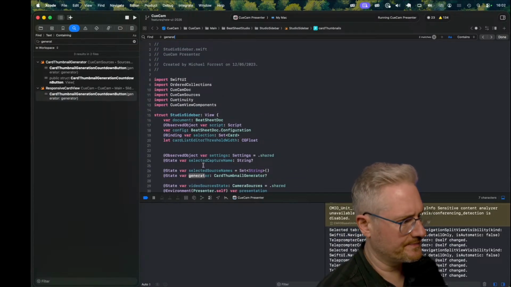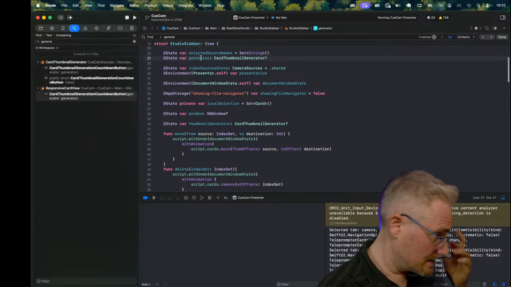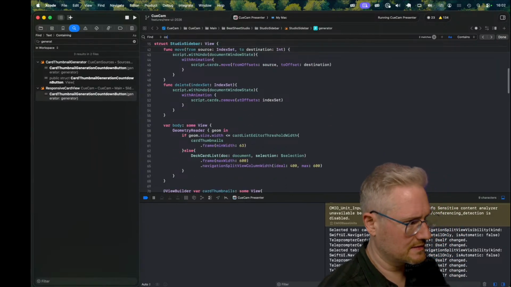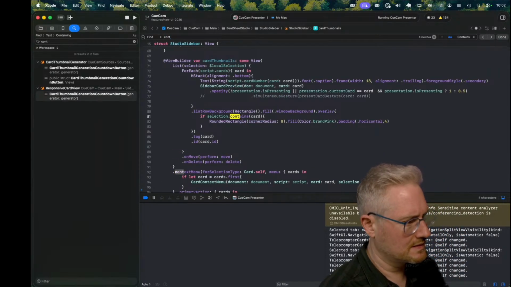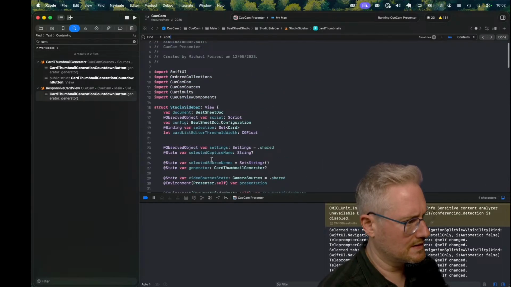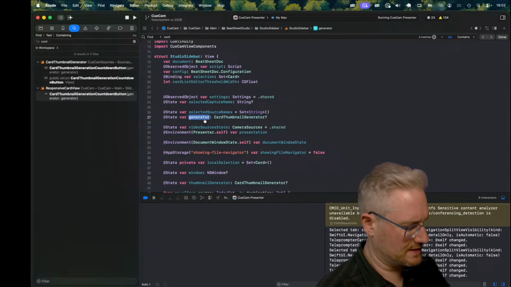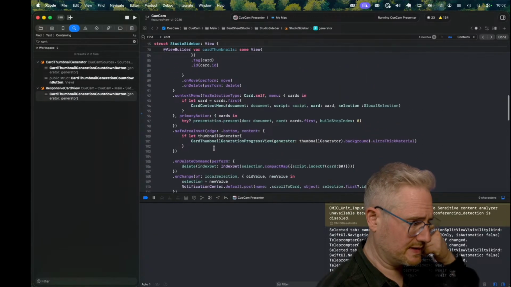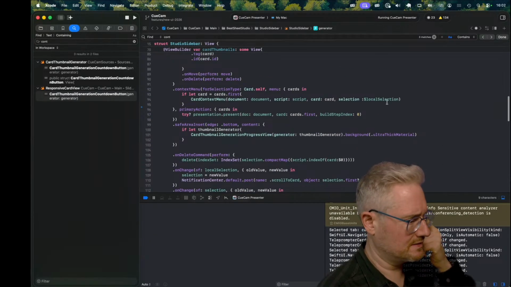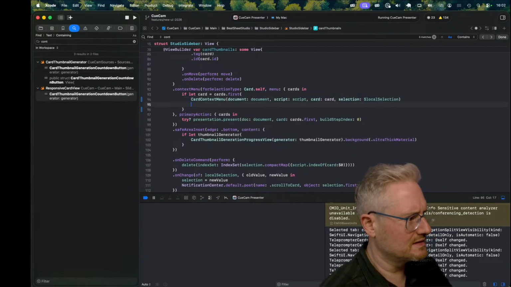So where are you getting context? Sidebar generator, card thumbnail generator. So I guess we need to give it to the context menu. Or maybe we'll just add it here